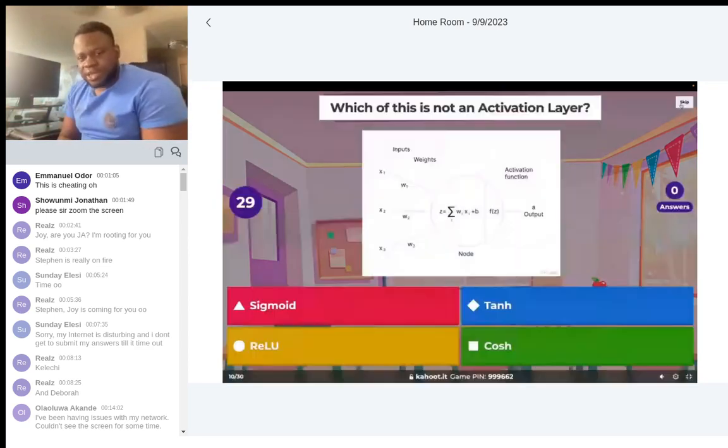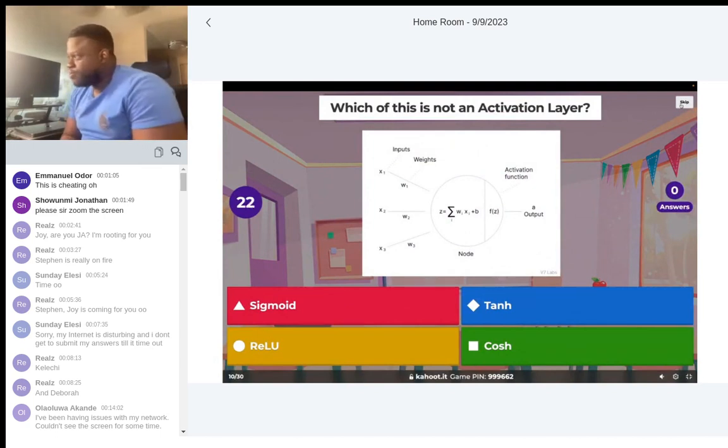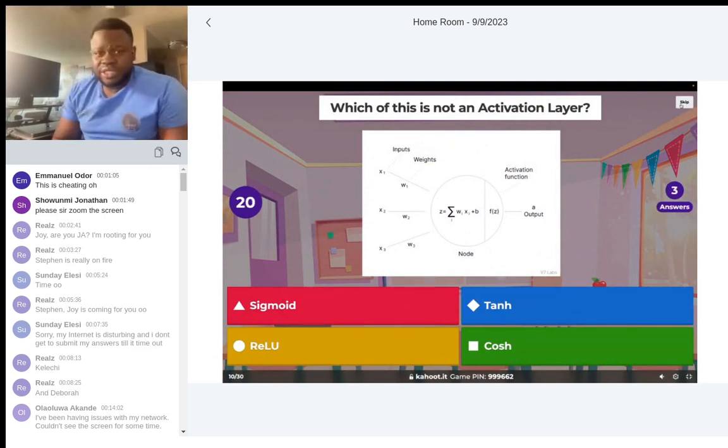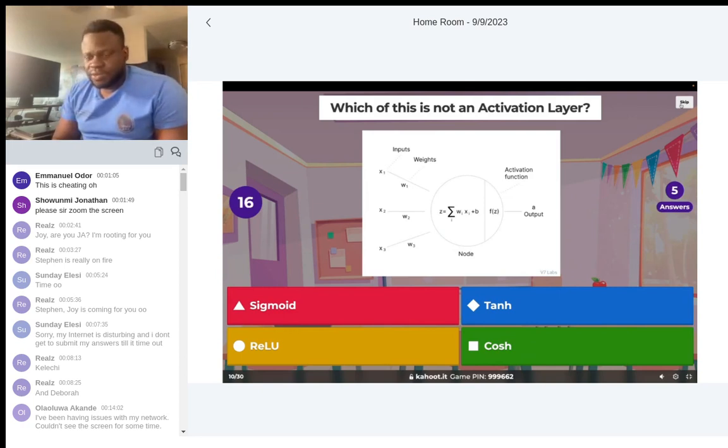Which of these is not an activation layer? Activation layers: we have Sigmoid, we have Tanh, we have ReLU, we have Kosh. Which of these is not an activation layer? Question 10 of 30. We have reached one third of the way.